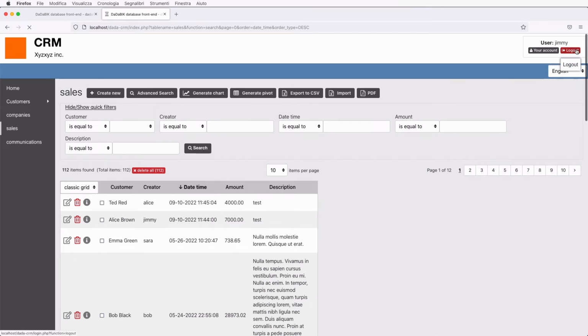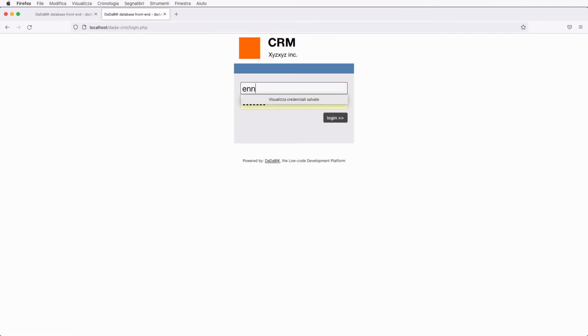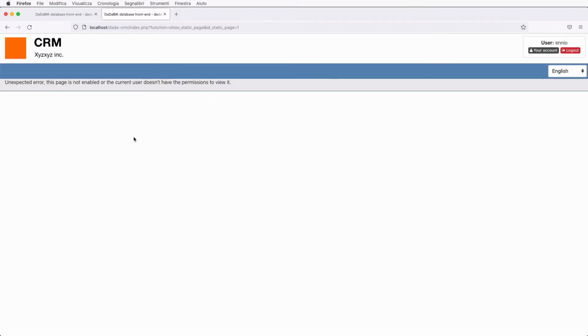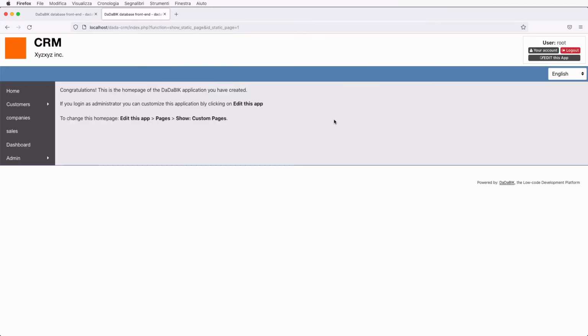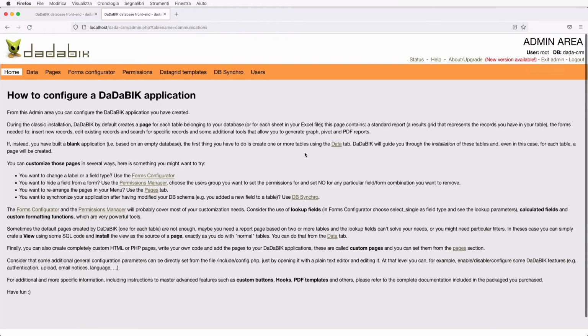Okay, let's log in as Ennio now. Okay, I got an error because I forgot to copy the permissions for this new group. Let me do it. So as root, because I created a group, but this new group basically has no permissions.